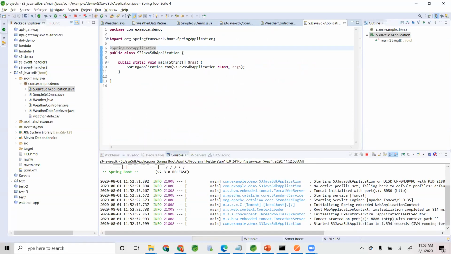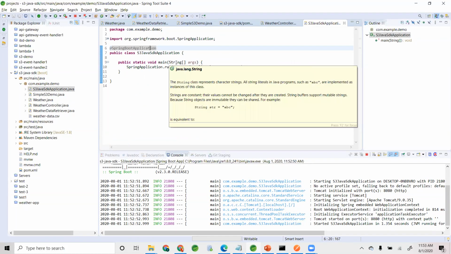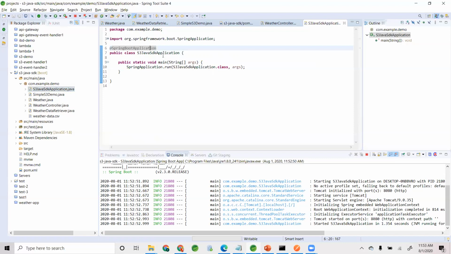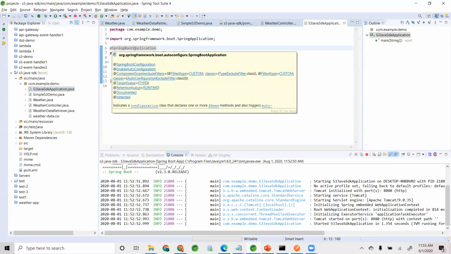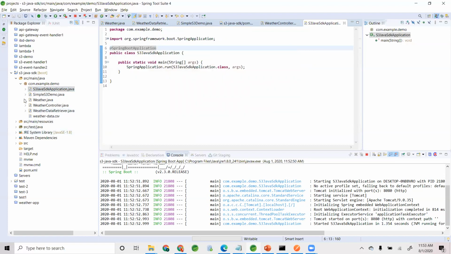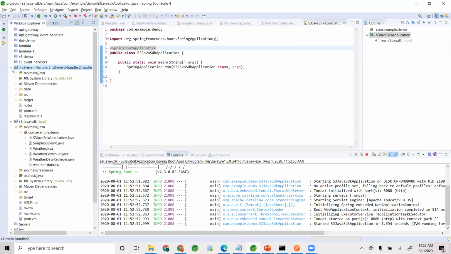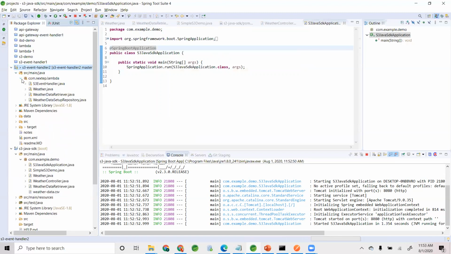So this would not work because it's a simple Spring Boot application, right? I actually need the web wrapper. Do I have a web wrapper here?